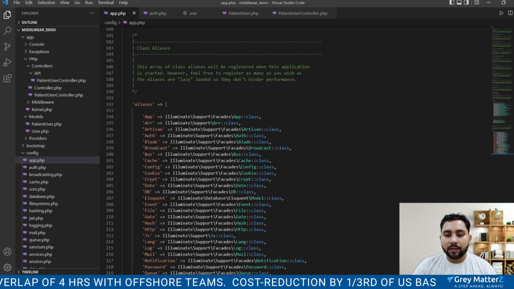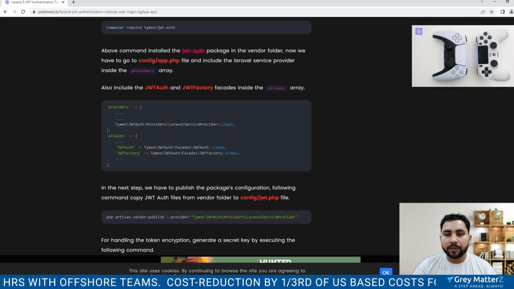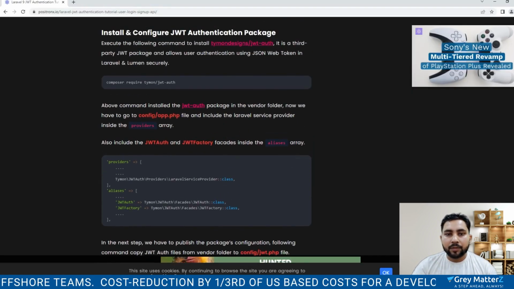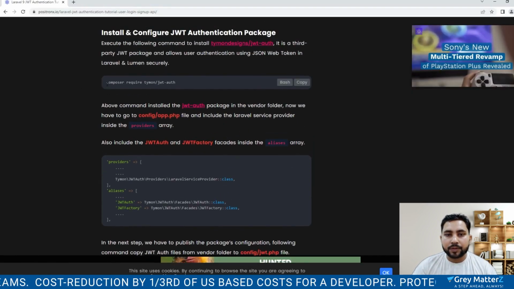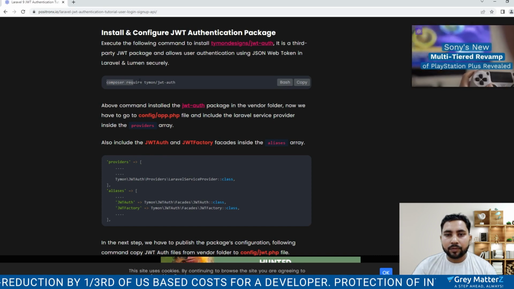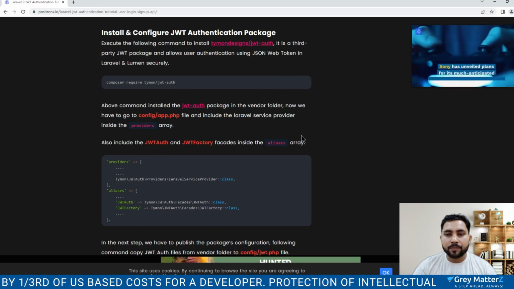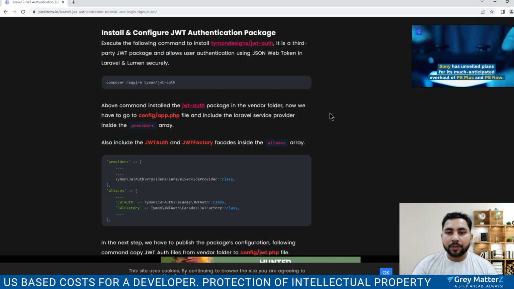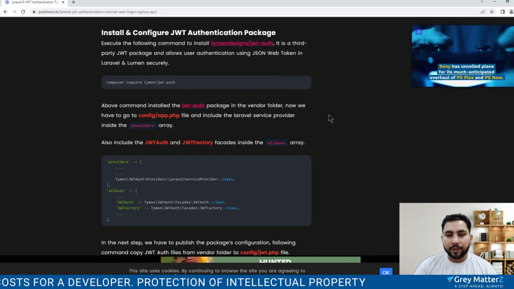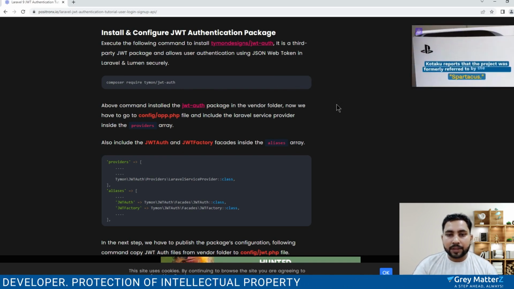Then let's start with how to implement JWT token in our project. For installation, the first step is to use this command. This command installs the JWT auth package in the vendor folder. The command takes some time.